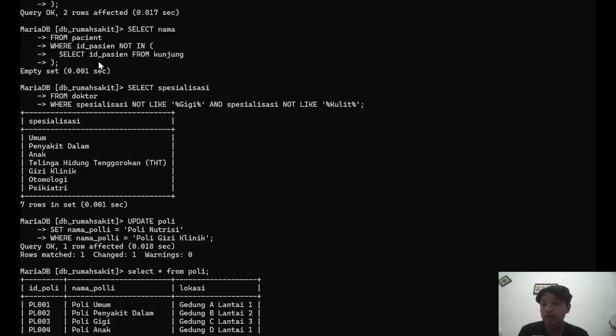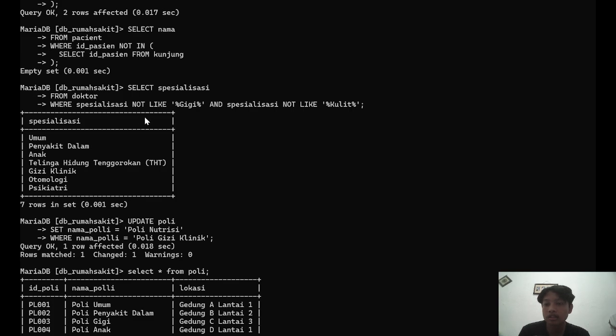Okay. Next one, this is the query for number 11. In this, I exclude doctors who specialize in teeth, or gigi, and skin, which means kulit. It helps us identify other specializations in the hospital using the NOT LIKE condition.